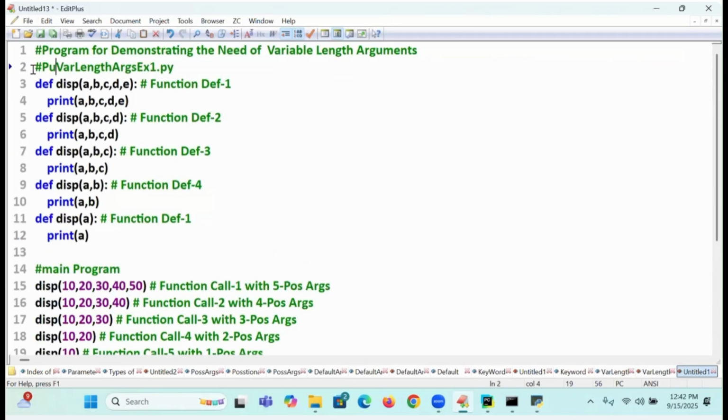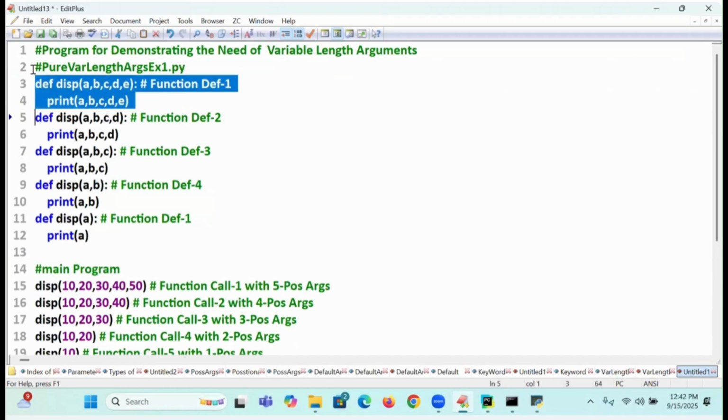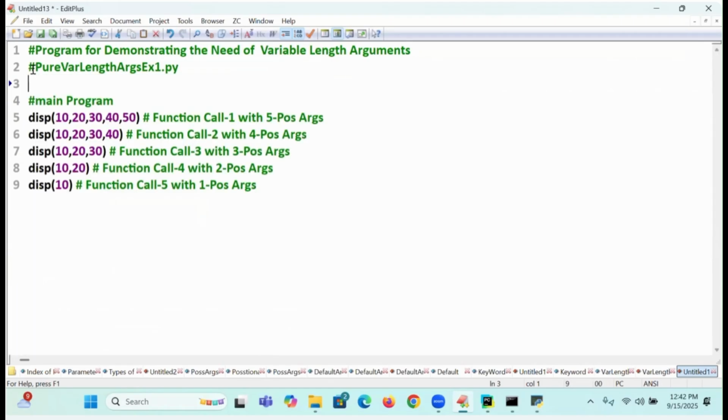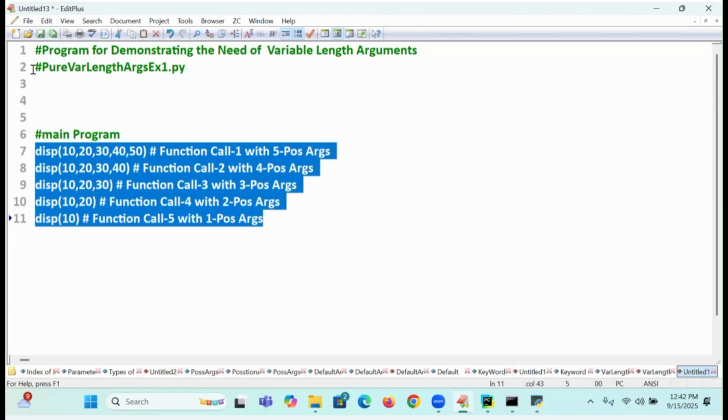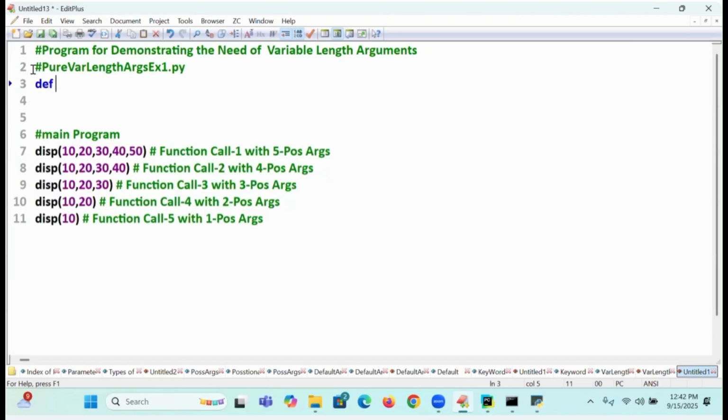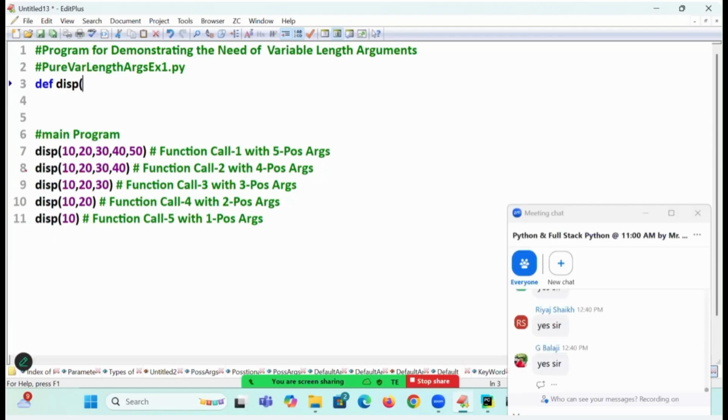Here I am writing pure variable length arguments. I don't write these many definitions, but I will take these many function calls. How many definitions will I define? Only one. What is the function name? Display. I am going to summarize. Whenever there is a family of similar function calls with the same name, with a variable number of arguments,